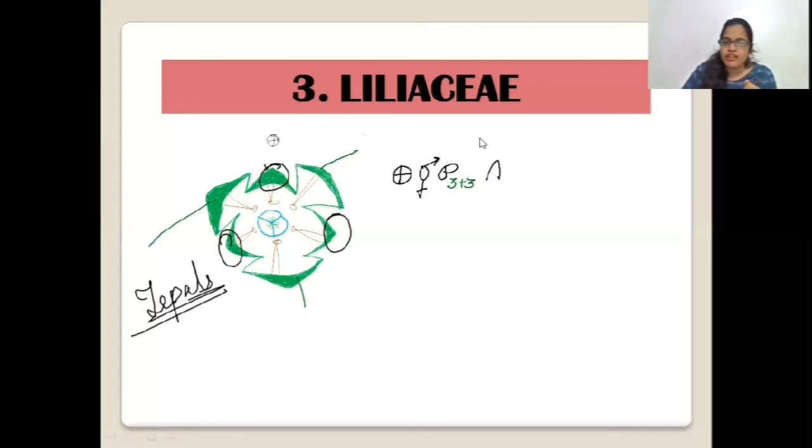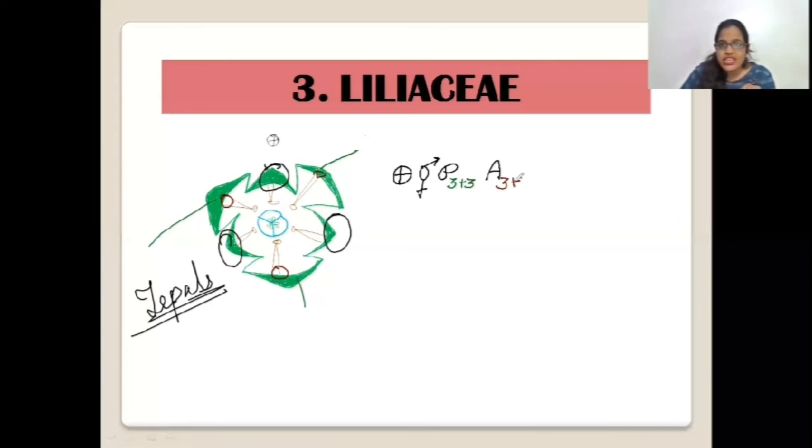Okay, I have written the androecium A, and for androecium, I first need to count the number of stamens I have, and I have got a total of how many? I have got a total of 6 stamens, but again these stamens are playing some typical role with me. 3 of them are attached with the outer ones, this one, and this one. So I'll write the 3 separately and I'll write the remaining 3 separately. So it is also 3 plus 3.